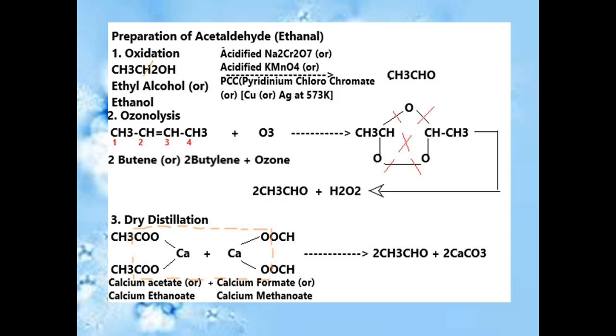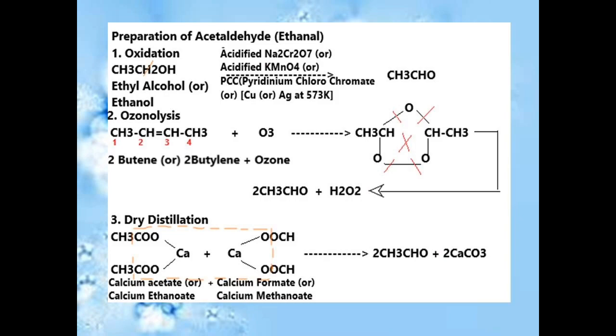The second one, ozonolysis. Ozonolysis means an alkene is added with ozone. Here we are going to use 2-butylene. The IUPAC name is 2-butene, I indicated the number. But means 4 carbons. The ozone cleaves the double bond. The double bond is present between the second and third carbon. That bond is broken, and then each carbon takes 2 oxygens and 1 oxygen is shared by the 2 carbons.